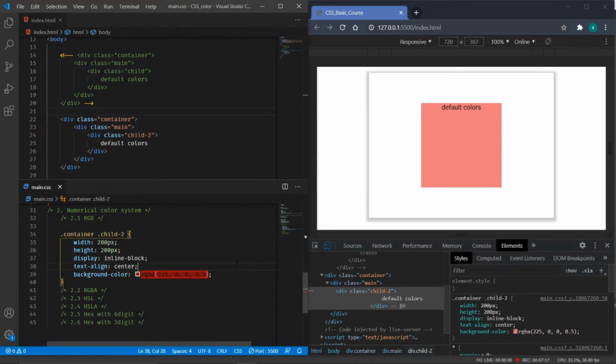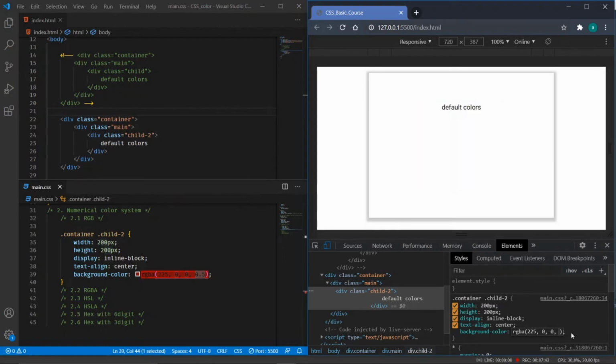So as you can see, as I've told, in RGBA, the A is the alpha. Alpha means the visibility, how much visibility it has. So right now it has a visibility of 50%, that is 0.5, which is half of the 1. You can give this value, I will just increase this. If I increase to 1.7, it will be darker. At 1, it is too dark. At 0, it has no value.